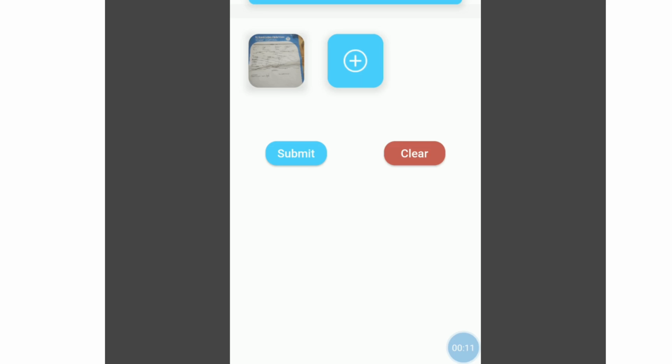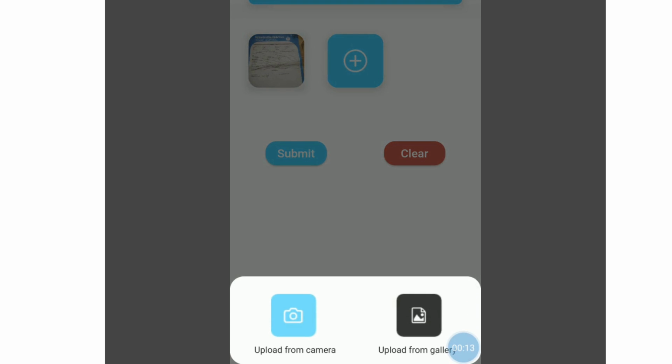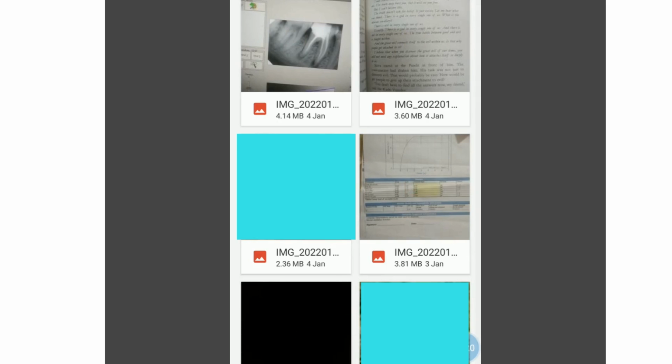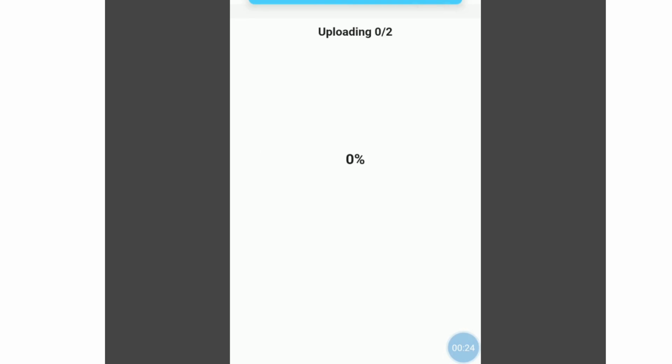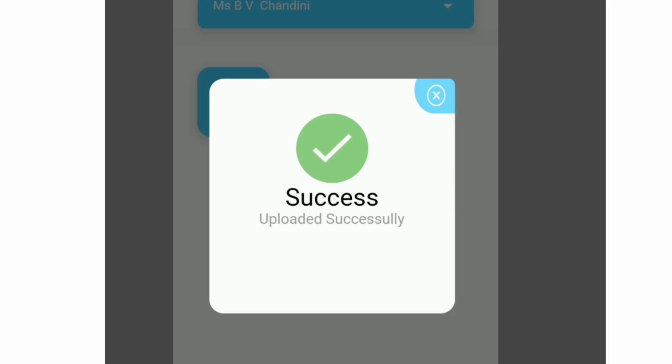Now, let me click on this plus button again. This time I'm going to select upload from gallery. I'm going to select X-ray of mine and now click on the submit button. And that's it. Looks like you have secured your medical reports.